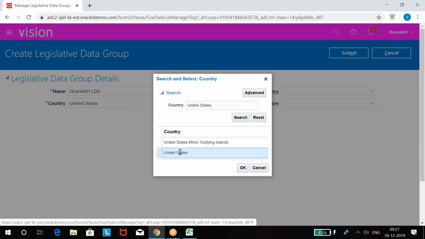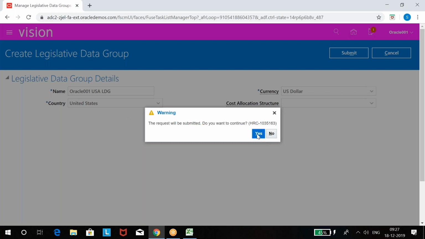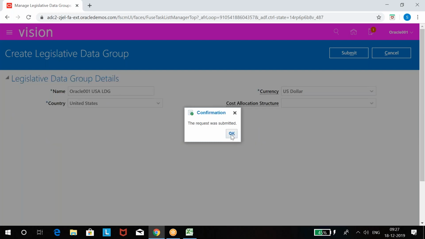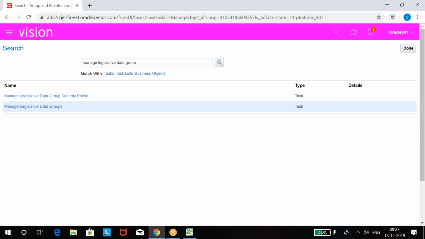United States. If India, then you create for India also. Okay, submit. Done. Now this legislative data group created needs to be mapped with the legal entity.